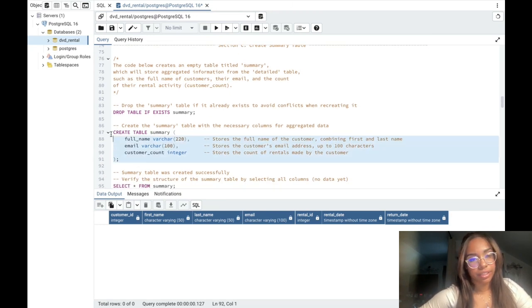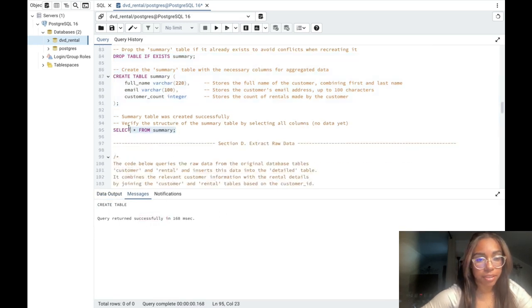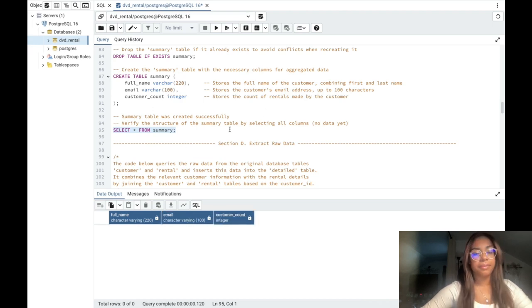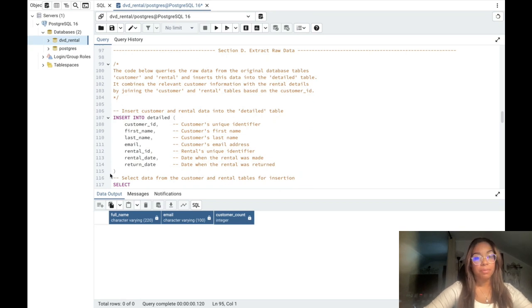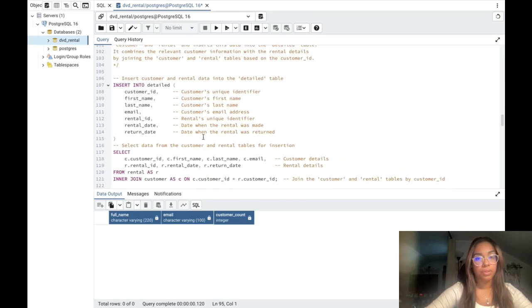Now we're going to create our summary table. Successfully created. Now we're also going to verify the structure of this table, where full name 220, email 100, customer count. Okay, so we could verify that the structure for both tables were properly created, and now we are going to,